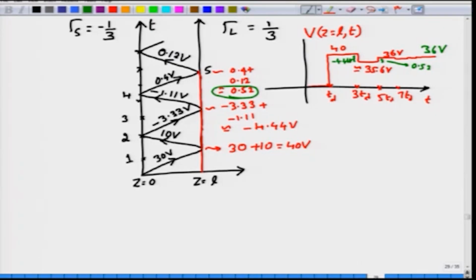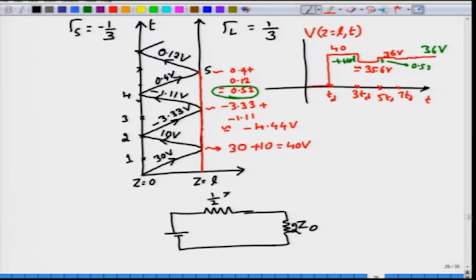Is our conclusion correct? Do we expect that this is going to 36 volt? Let us verify it. Okay. To verify that, we understand that the line is a lossless transmission line. It is not going to have any effect eventually at time t equal to infinity. The effect of the transmission line should not be present, and it is as though the load is directly connected to the source itself, right. With 45 volt applied, the source impedance being half Z0 and the load impedance being 2 Z0, you can clearly show that this voltage is going to be about 36 volt,